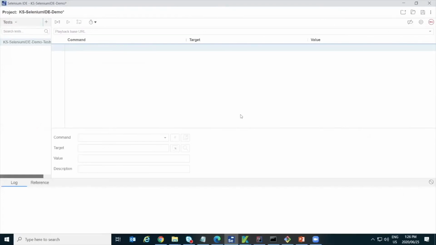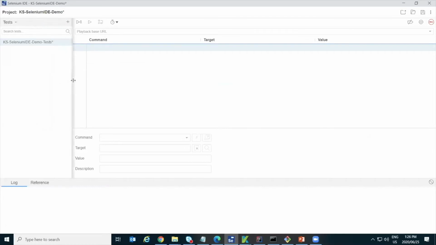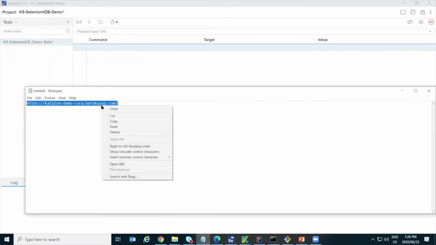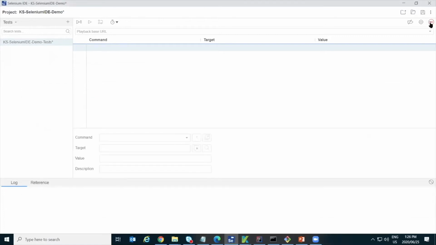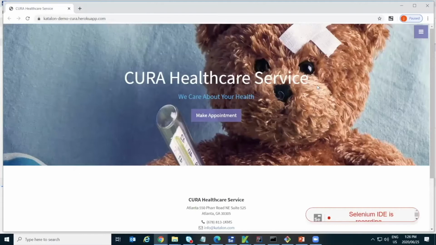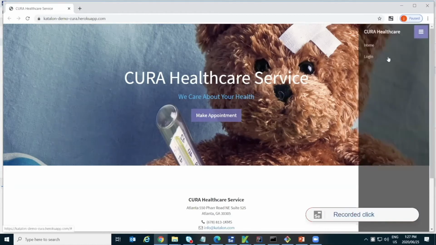So this is Selenium IDE, where I'm going to record my script for one hour of our application under test. So let me point to that. Copy this URL. So let me start recording. While, as you can see on the right hand side on the top, whatever actions I'm doing, Selenium IDE is recording those actions and also recording the element IDs where I'm performing those actions. So first, I log into my application,